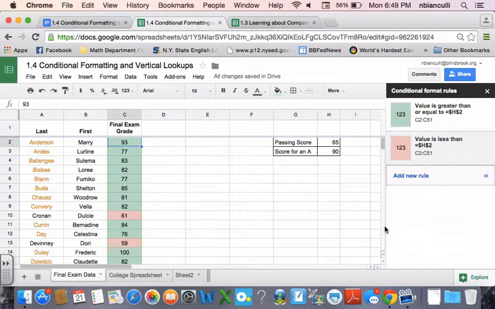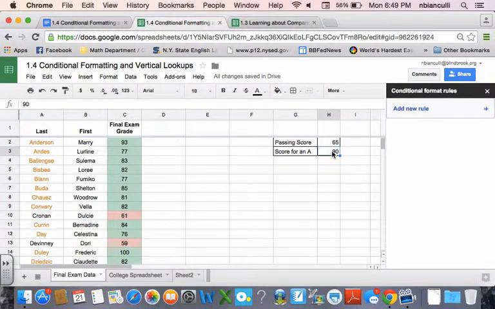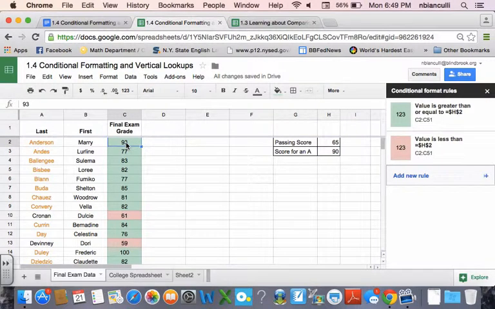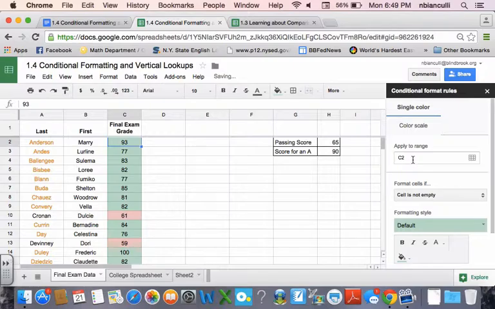Okay. Now, I have two rules. They're both being followed. I want to add a third rule to this. And here's my third rule. I want the kids who got better than or equal to 90 to actually get highlighted in a different color. So I'm going to add a new rule, okay? I'm going to apply it to the same range, C2 to C51,